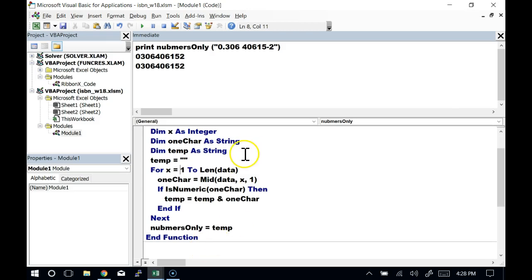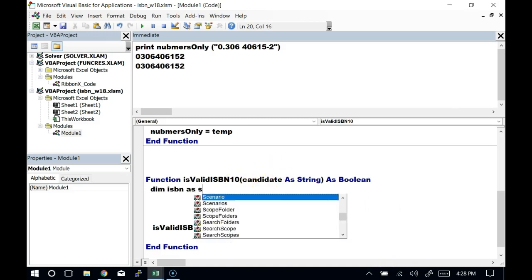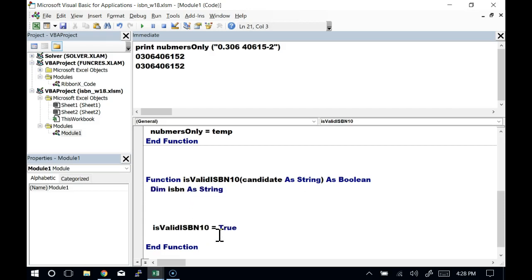Okay, now that we've got numbers only, let's get down to writing IsValidISBN. So I think step 1, once we get in here, let's declare a variable. I'm going to call the variable ISBN. We've got the candidate that we're working with here. I'll declare ISBN as a string. And let's say ISBN equals, I'm going to call numbers only,